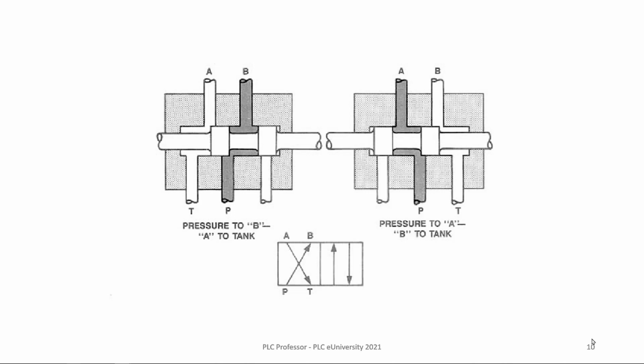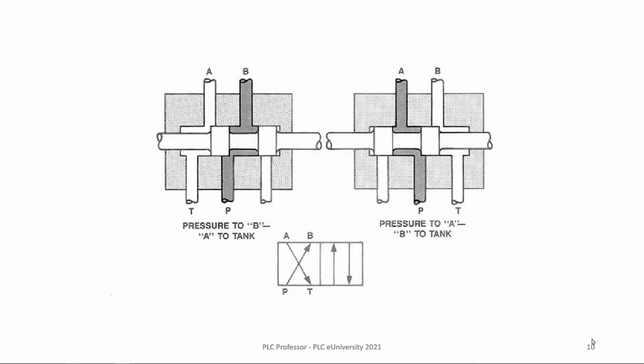Now, you can use two solenoids to move that spool. You can have a solenoid on each end. Energize one, it pulls it that way. Energize the other, pulls it the other way. Of course, you have to make sure you don't energize both of them simultaneously. That's why in my logic, I always have conditions that will not allow you to